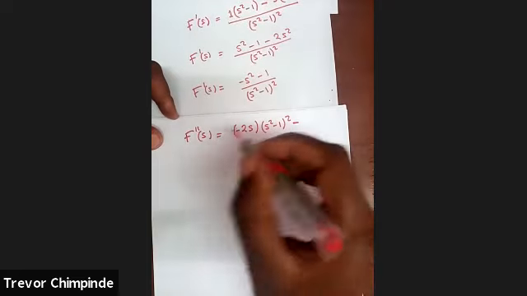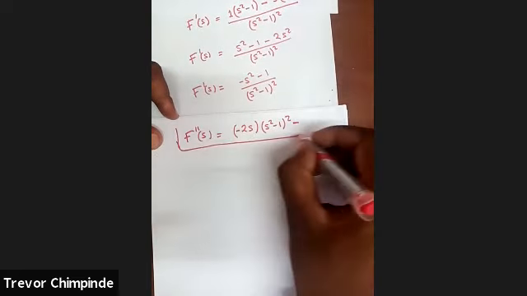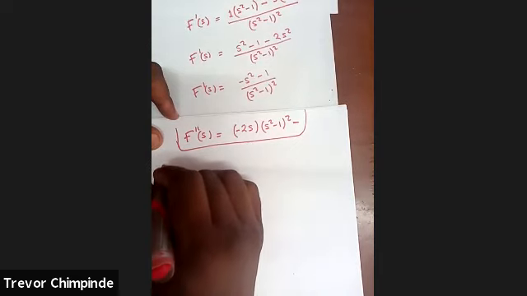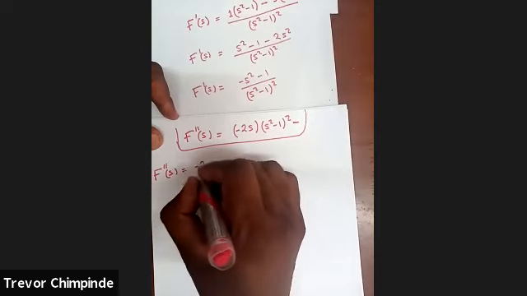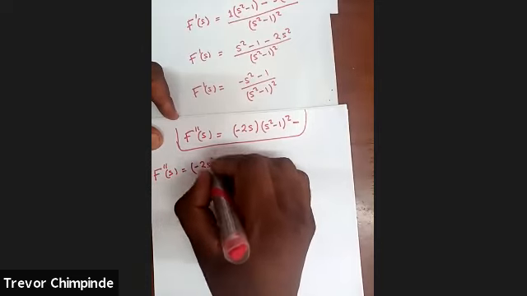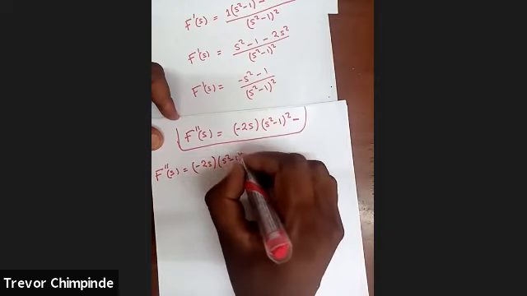So I notice I ran out of space here, so I abandon this and I write it. I start from here. So this is f double prime of s is negative 2s, and then s squared minus 1 squared